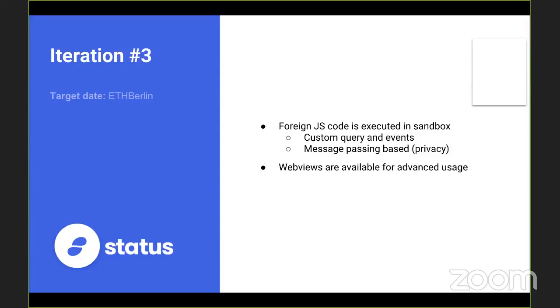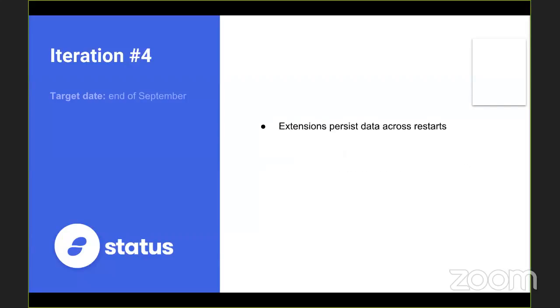And similarly, right now views are also almost similar to HTML. You have access to text, inputs, lists, that kind of things. But then if you want to go crazy and implement a map or very advanced stuff like canvas-based games, to do this, well, web views make a lot of sense, I think. And then there is no real limit to what you can do in an extension. So that's the goal for ETH Berlin.